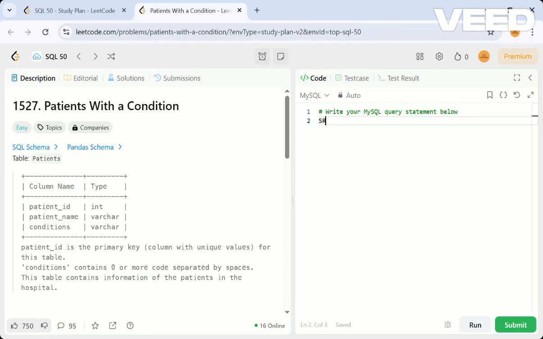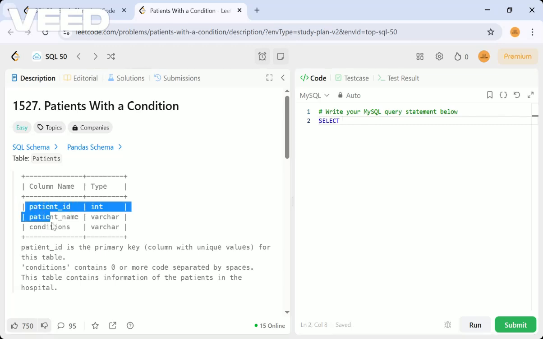Let me start writing the query for that. Let me have a simple select. What are the things they're asking for?